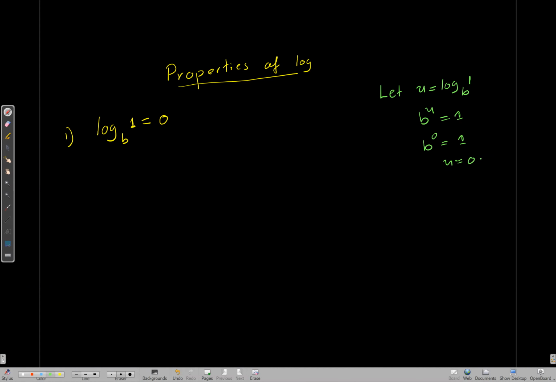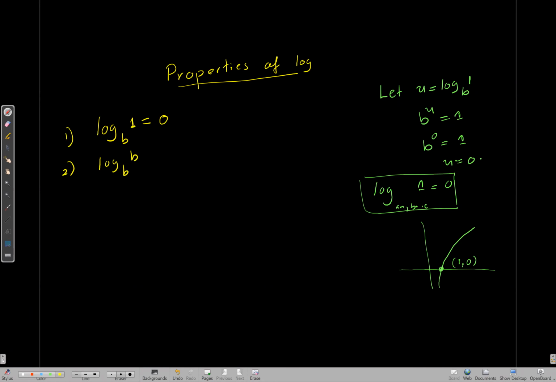In other words, log of 1 with any base is 0. And this is the reason why in our logarithmic function here, we have the point (1, 0), because that value, log 1, is always 0. Remember that. And the next property,